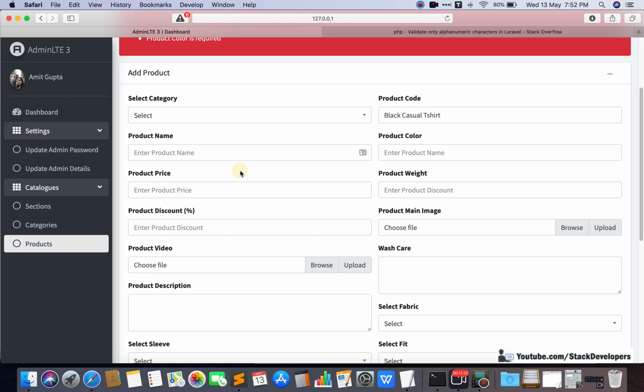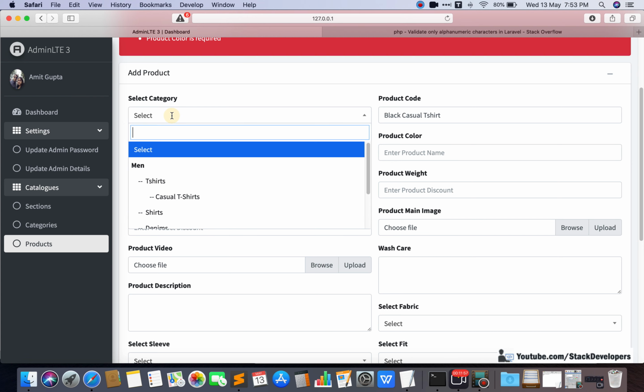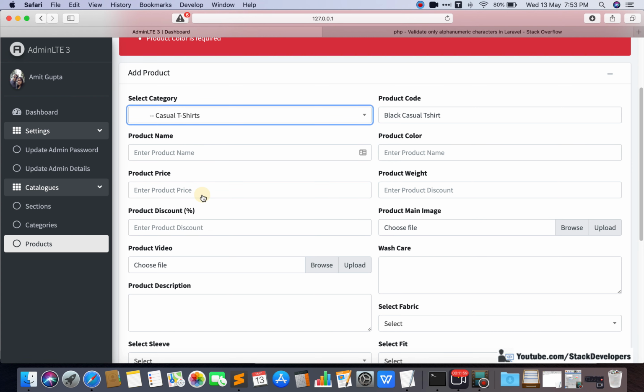Okay, so complete data we will show in the form itself. Only that field the user left empty last time, only that field the user needs to fill again. So this time, if the user misses mandatory fields, he needs to fill them again. But here he filled the category last time, and it is not showing. So we will add the validation here so that the category will be automatically selected, like casual t-shirts must be automatically selected, because he entered casual t-shirts last time.